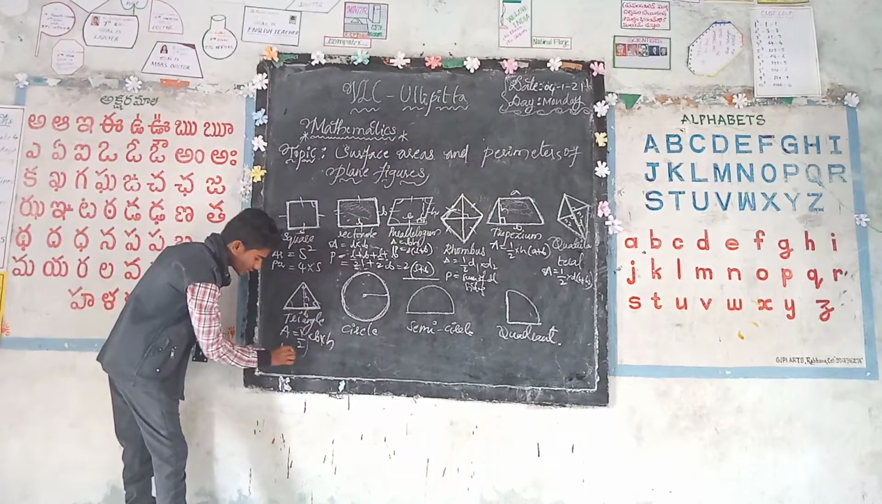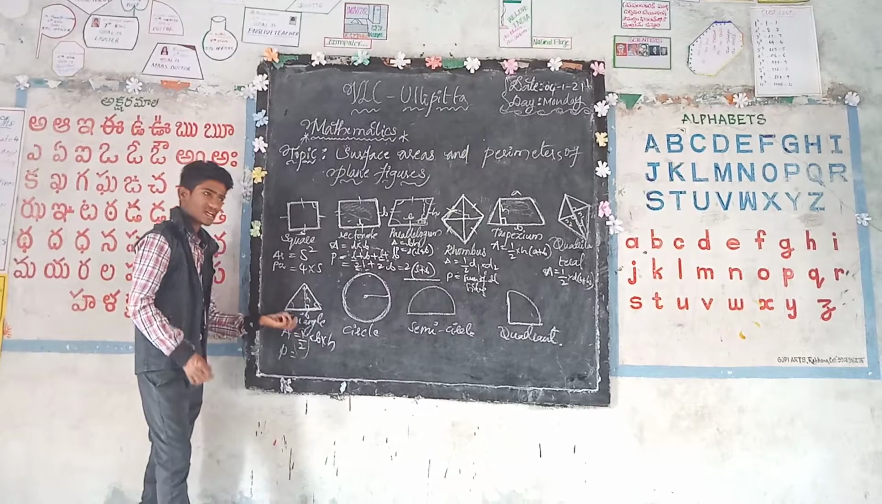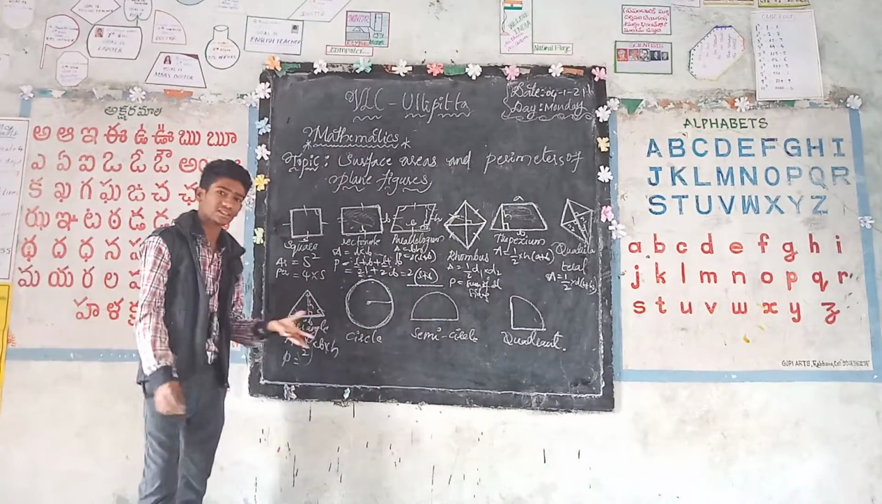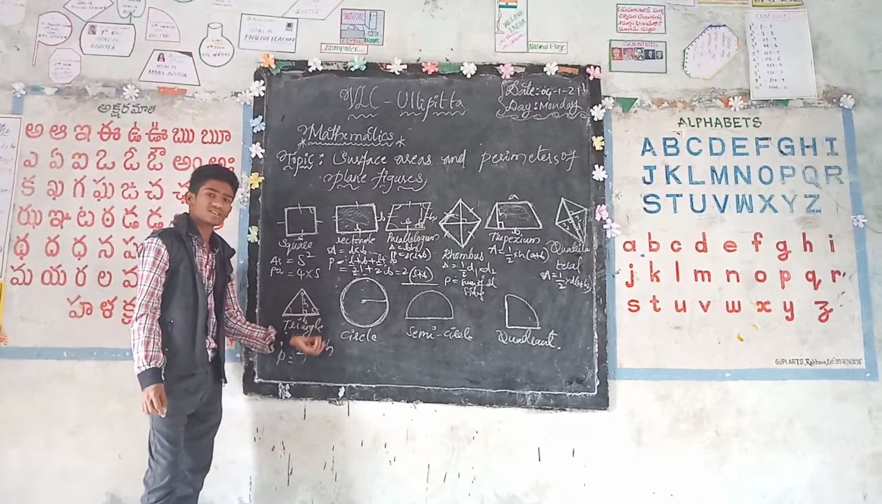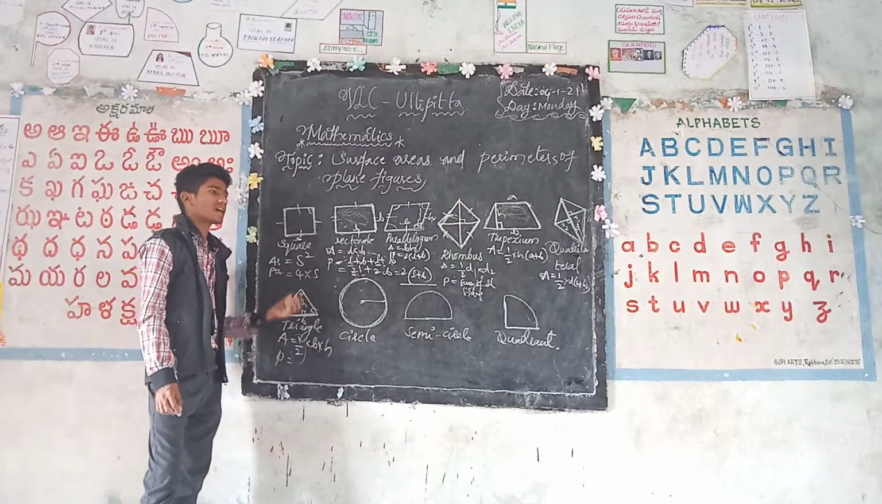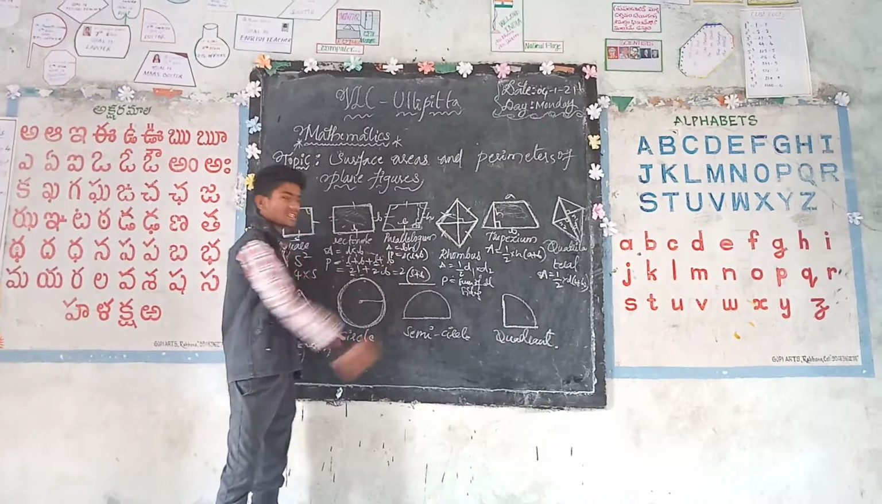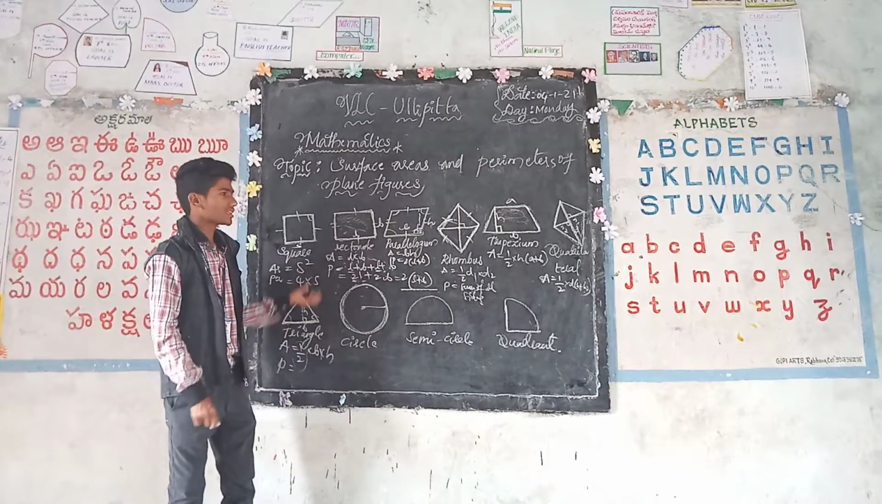Next, perimeter of the triangle is equal to the sum of the three sides. How many sides does a triangle consist of? Yes, only three sides. So the sum of three sides is equal to the perimeter of the triangle. Okay, next, we have a circle. Yes or no? Perimeter in these all